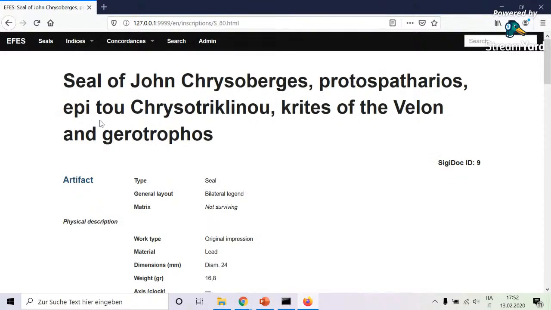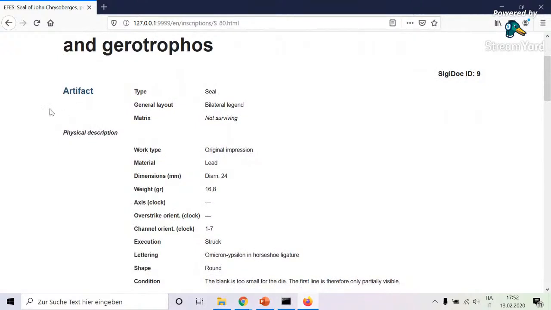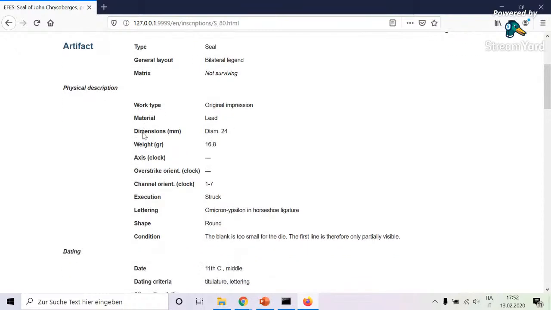So if you will be working with, for example, two-faced epigraphs or inscriptions or seals or coins, you will find this useful. So we have a whole section of metadata, I'm sorry, with artifact, physical description. We have, for example, another kind of dimensions